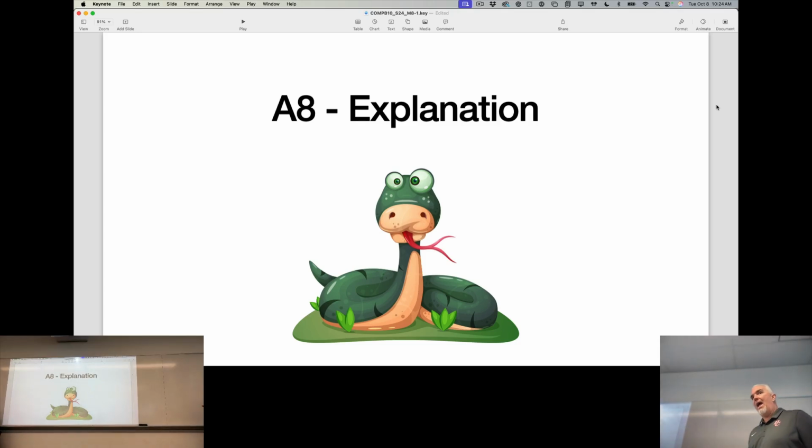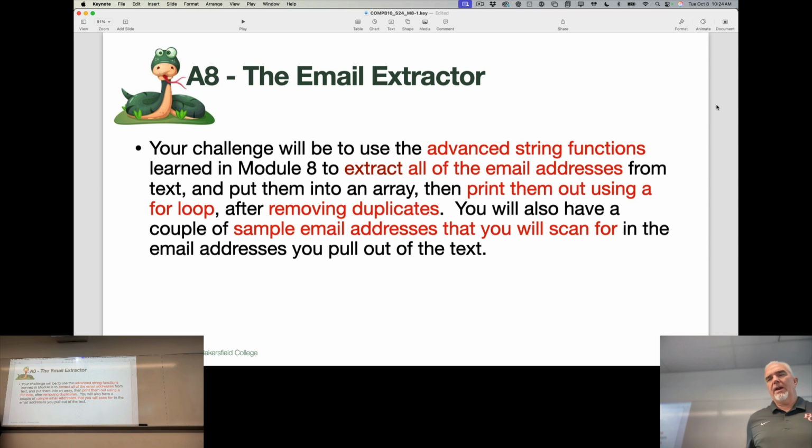I'm going to jump right into A8 because I'm going to allow you to just choose which one you want to work on. A8 is what I call the email extractor. And this one is a little bit different than what you've done in the past, but what we're going to